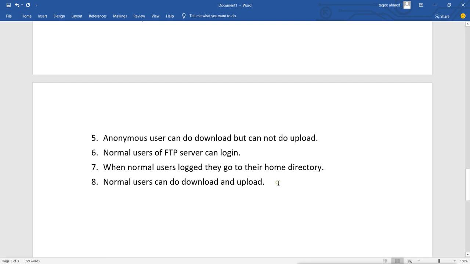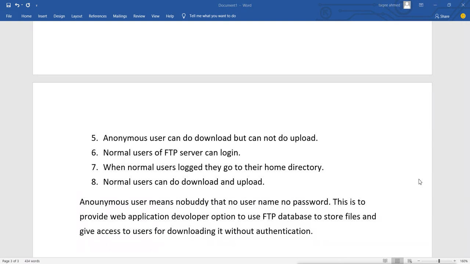Now why do we need this anonymous user? This anonymous user is there because, suppose you are an application developer and you want to create a site, and on that site you want to provide some files for your users. You can create a link for this FTP server and files. So anybody who clicks on those files will download the file without authentication, so that users don't have to provide a username and password.